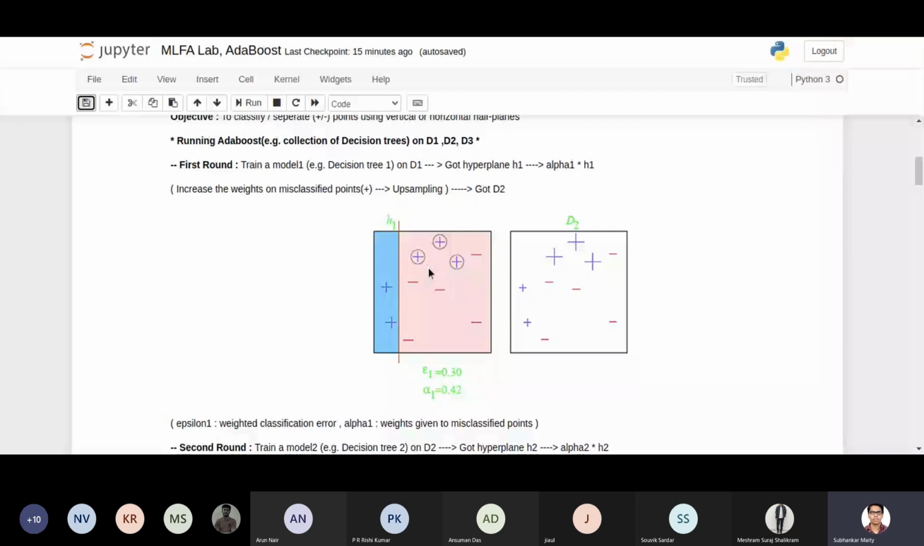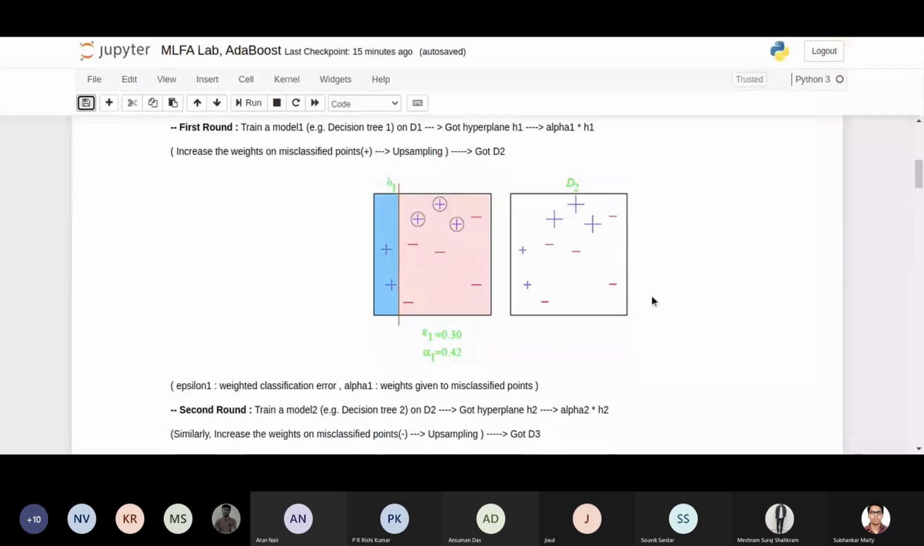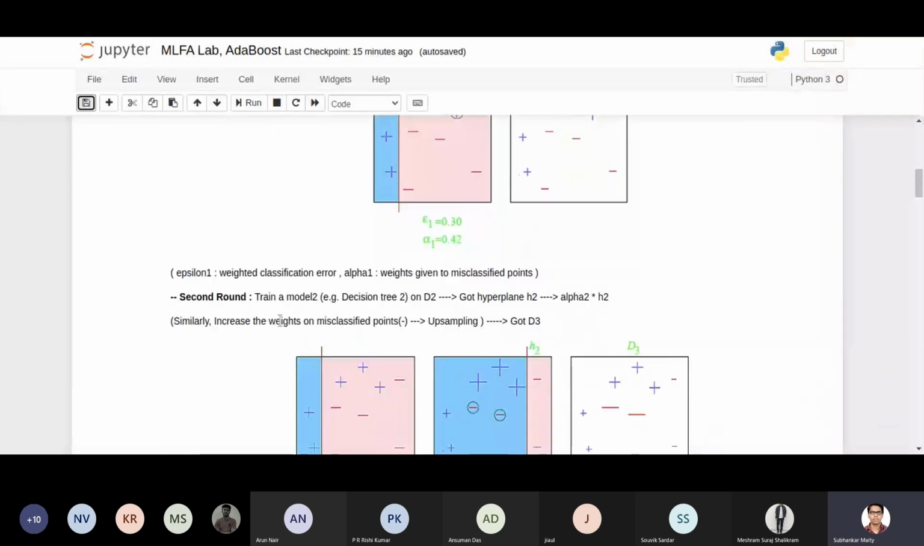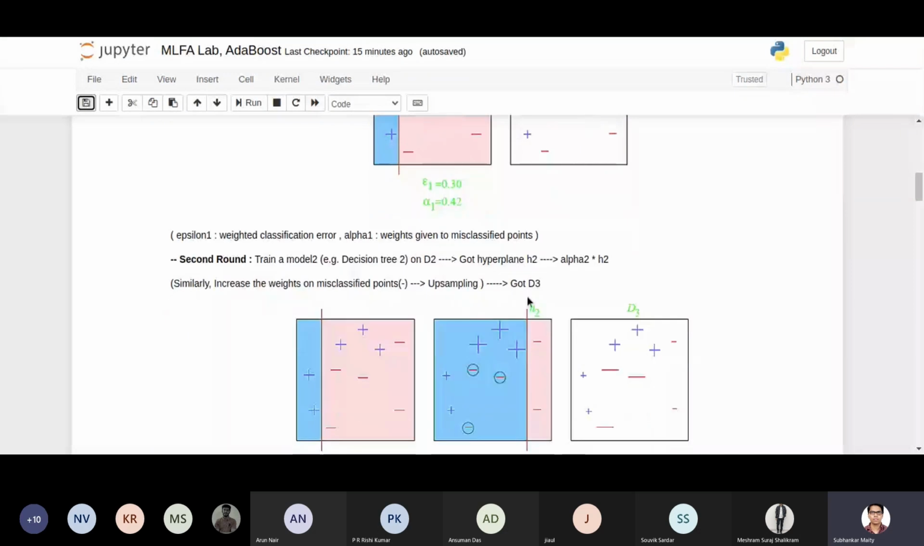Suppose alpha 1 is 0.42, so 0.42 into this, 0.42 into this, 0.42 into this. So increase the weights of these misclassified points, which is called upsampling. After upsampling, whichever data set you will get, it is called D2. So in the next iteration you will again take another decision tree, which is decision tree 2, let's call it, on